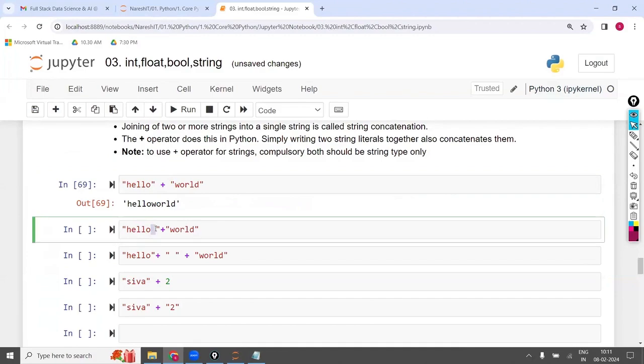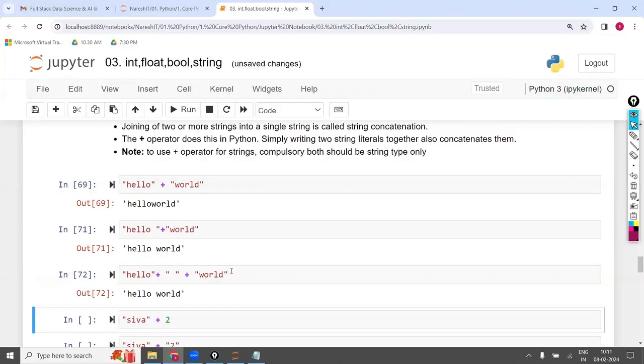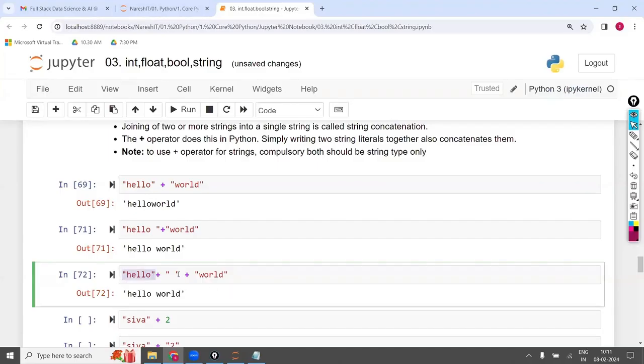One is in the first string, at the end, I'm going to give the space, like "hello " and world. The second option is hello, in between I'm going to add the space as a string, and world. Total three strings I'm concatenating here. String 1 is hello. String 2 is only space. And string 3 is world. Hello world.